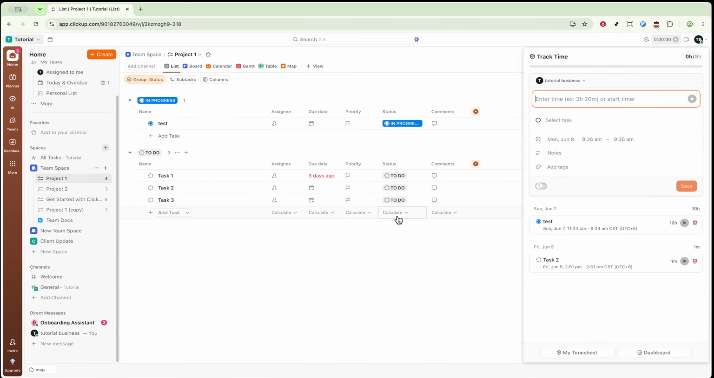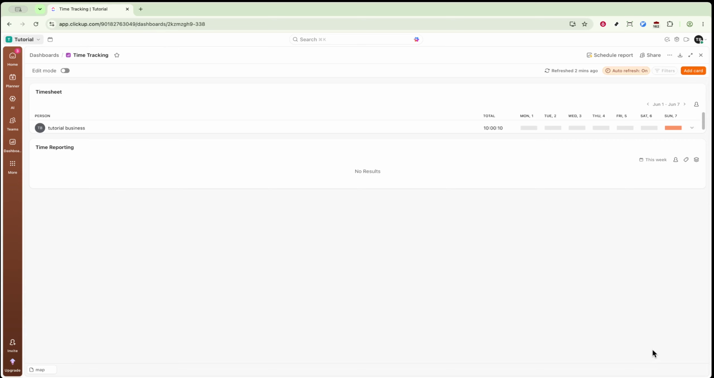Within the time tracking area, switch to the dashboard view. This is where you'll find all the tools and widgets related to time tracking. Once you're on the dashboard, look for the timesheet card or widget. It might be labeled as a time entry summary or something similar, so take a moment to scan the dashboard